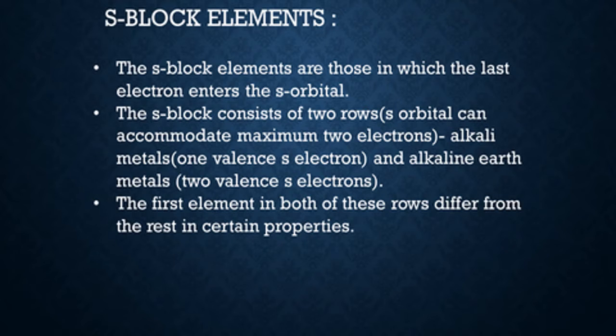It is seen on the modern periodic table that in a group, especially in the S block and the P block, the first element normally differs from the rest of the other members. Why? Because there are certain properties associated with the first member in every group of S and P block, because of its atomic size, its electronegativity, its ionization enthalpy, and so on. On some grounds, it not only shows the properties of its same group members, it also shows properties of some neighboring group members.